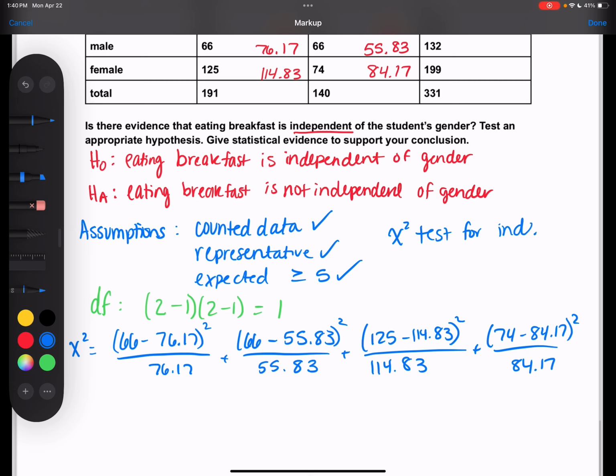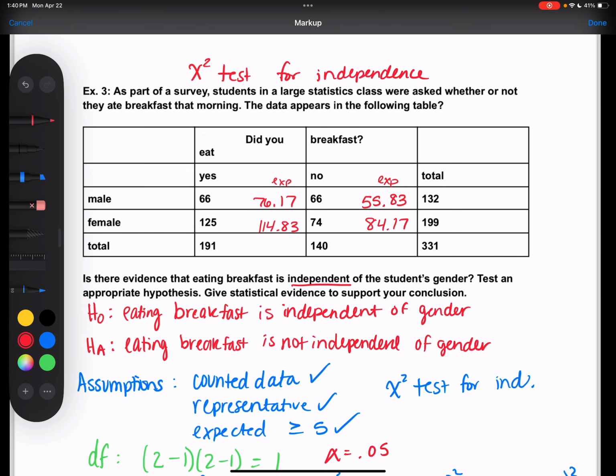And we're going to use an alpha of 0.05 again, so it doesn't specify what we're looking for, but